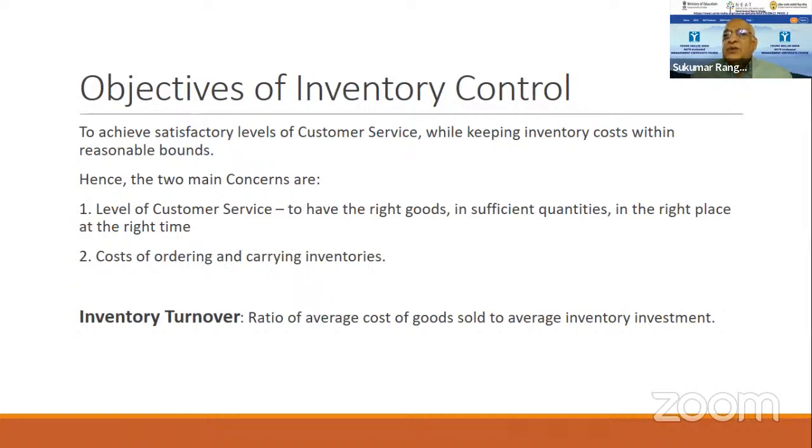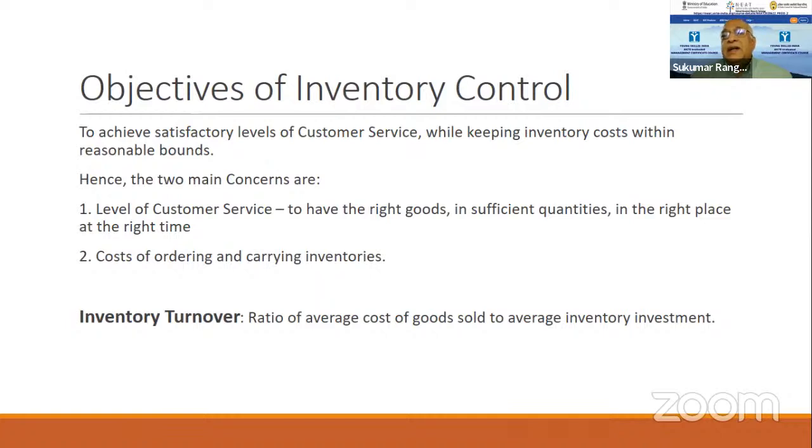Obviously, 1:3 point something is better than 1:1. Now, what is the correct level of inventory turnover? How many times the inventory has to turn over in a year